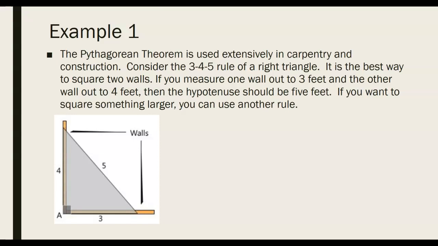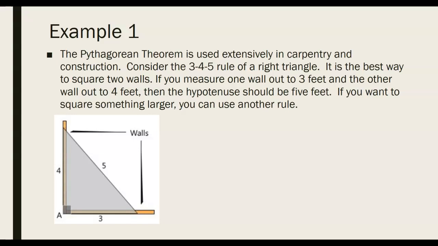Although you can read, please follow along. The Pythagorean theorem is used extensively in carpentry and construction. Consider the 3, 4, 5 rule of a right triangle. It is the best way to square two walls. If you measure one wall out to 3 feet and the other wall out to 4 feet, then the hypotenuse